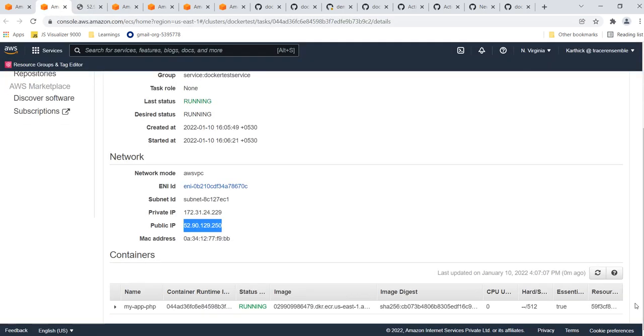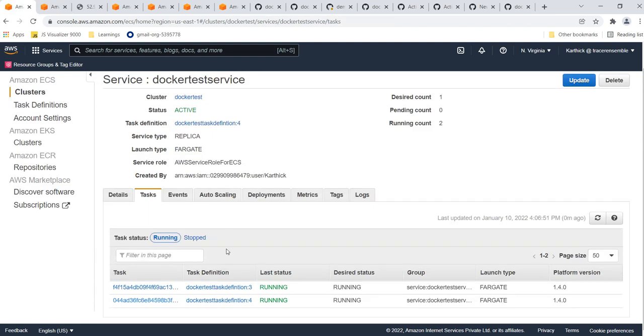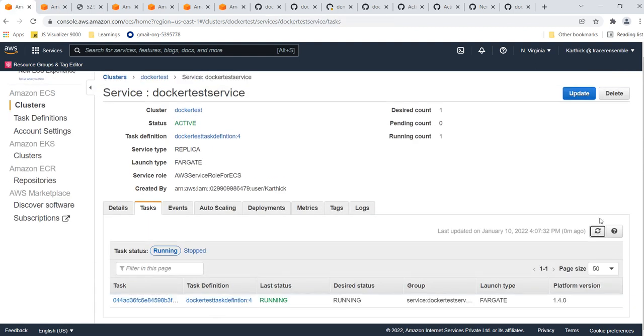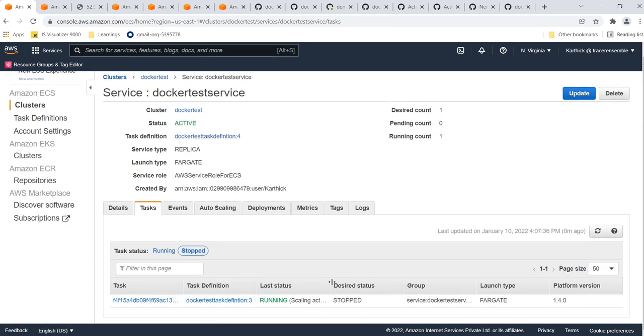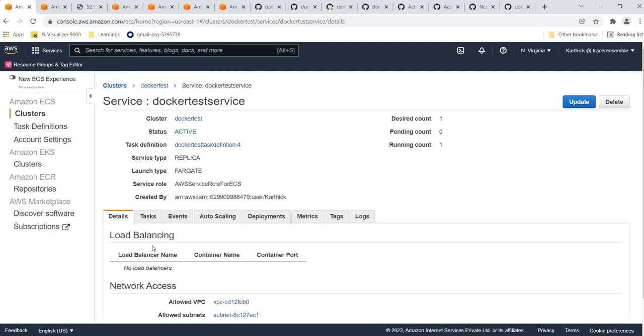Now let's see whether my service will stop the existing task or not. I think it will get stopped. See here, it's stopped. It has the latest one alone. You can see the stopped one over here because we have given only one task to run. So through the rolling update, it stopped the existing one, and the new task is working fine now because it's up and running. So this is the way the task gets deployed. If you add a load balancer over here, then you can browse this application through the load balancer itself. You don't need to go for the task IP and all.